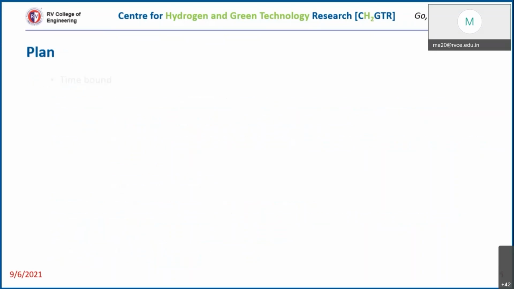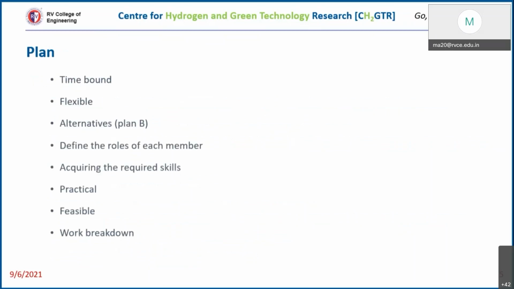Okay, so the next part is planning. When it comes to planning, part of it I already addressed, but these are certain things you need to keep in mind. Most projects are time bound, so you clearly find out what the time limits are. You also find out what priority you need to give to a certain project. Say you're working on a project and in between a new assignment comes. Then you need to choose what the priority is, whether the newly assigned task is more important than the one you are currently doing, or the other way around. Accordingly, you allocate your time.